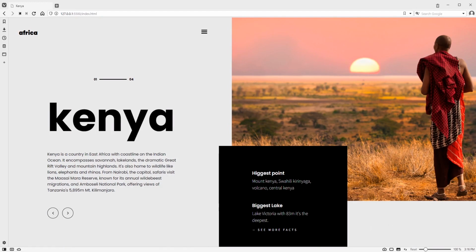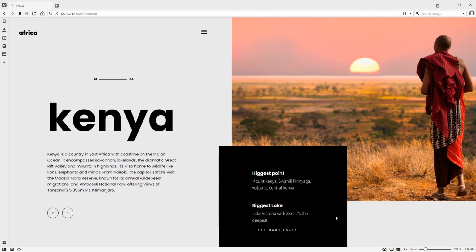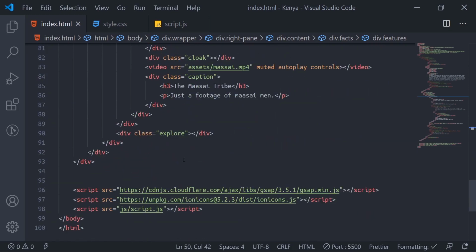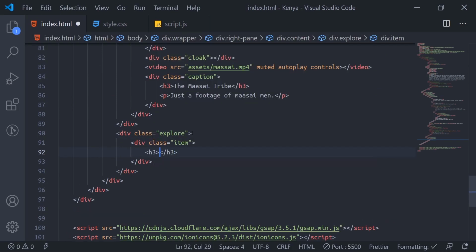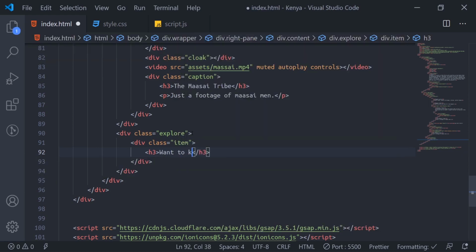So now this small part here shows "want to know more" on the side here. So what I'm going to do is go to my HTML code. Inside this explore, before here, create a new div, call the div item. Then inside the item, we'll create an h3. We'll just say "Want to know more?"